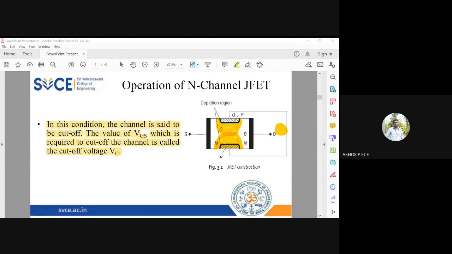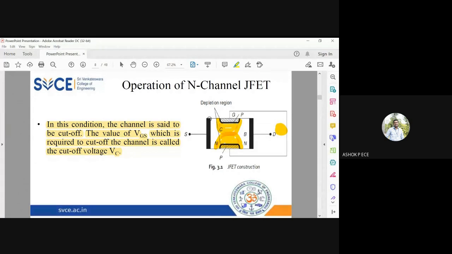And this JFET will be interesting because we are varying the voltage and understanding the device behavior. So it will be a little bit more interesting than the BJT. See, so far what I have done, I have not given the voltage VDS. I am just playing with the voltage VGS. And remember, the gate voltage will always be negative. The reason is I want the device to be cut off. Sometimes when you want the device to be off, you give a negative supply to the gate, slowly increase the negative voltage, and the device will be cut off or in the off condition. So for that I need a negative voltage at the gate.